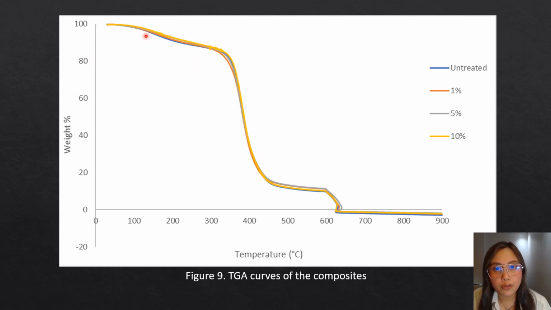The first curve, of the untreated fiber composite, is lower compared to the treated ones, which indicates more volatile components were removed. The curve improved and volatiles were lessened when the fibers were treated and amorphous regions were removed. In terms of the composition and degradation temperature, there's only a slight difference, and it did not change in all samples.